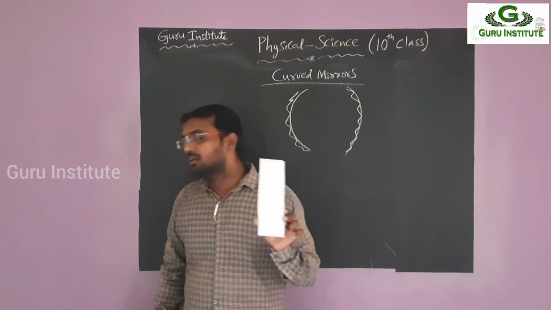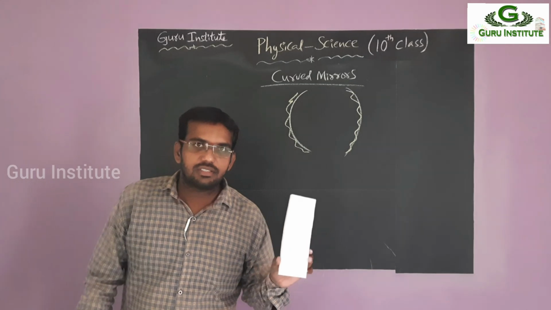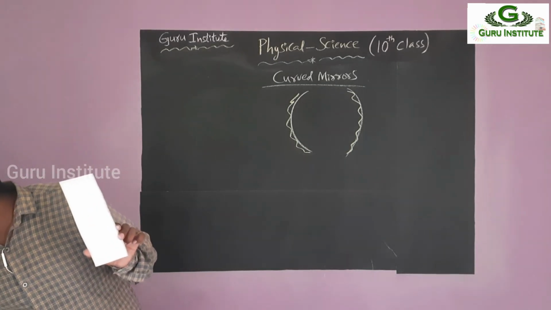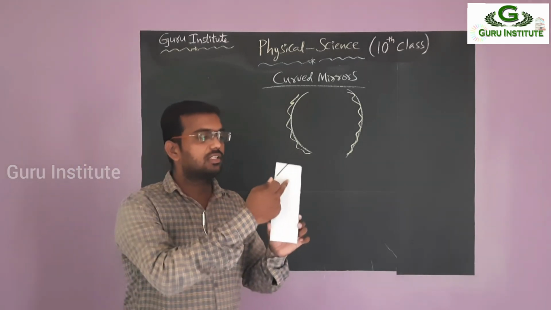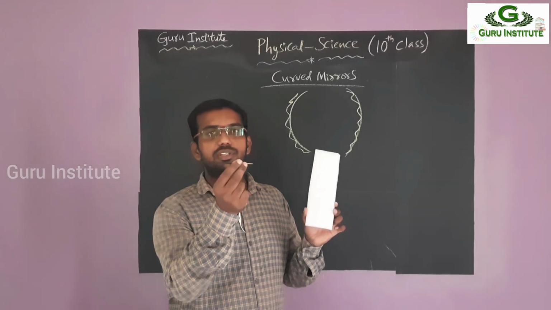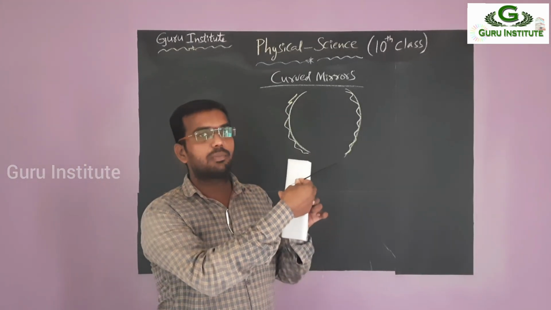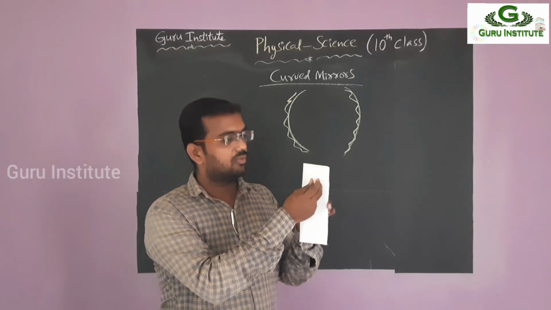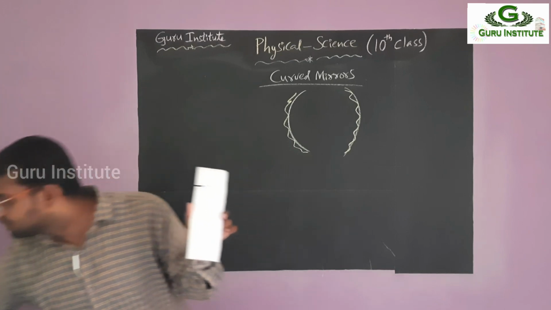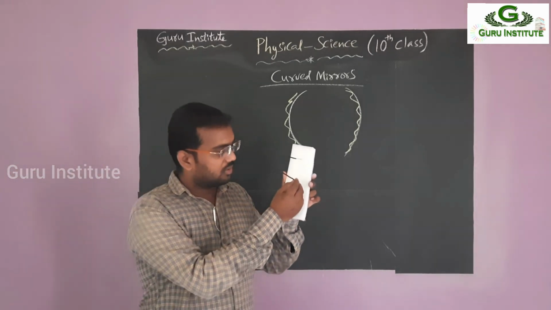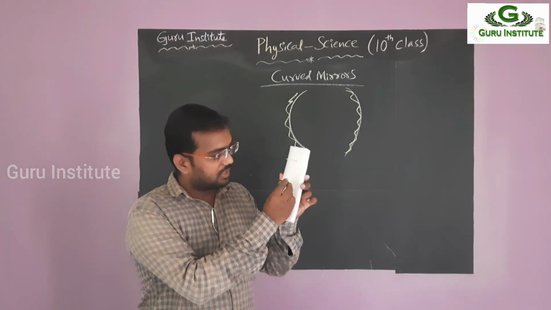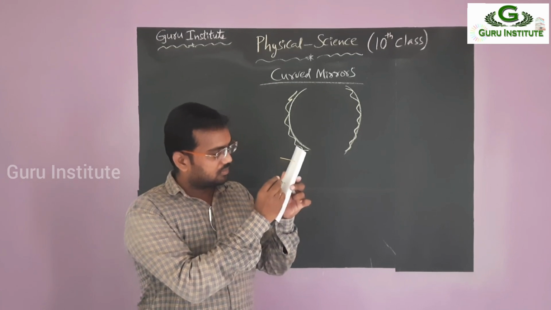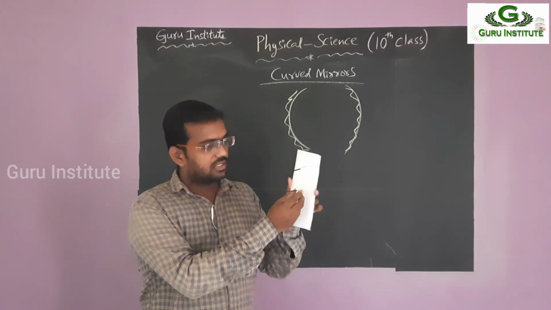Now take three sticks and keep them at 90 degrees to the plane. 90 degrees means a right angle to the plane. Keep them like this. First one. Next, the second one, we have to keep like this. Next, the third one.